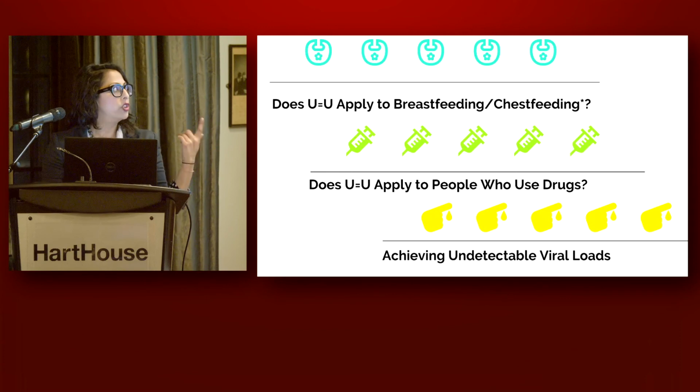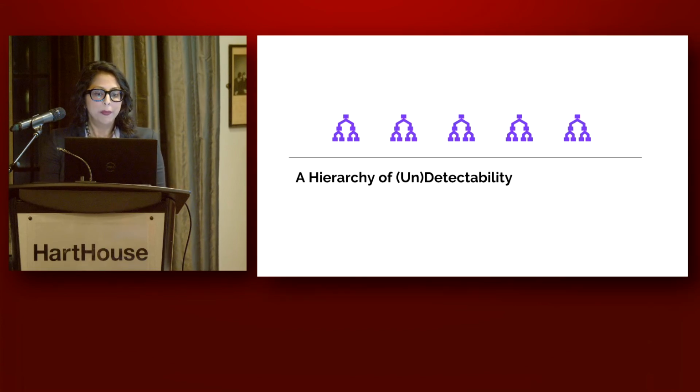And then the part that I've alluded to already, which is that not everybody is able to achieve undetectable viral loads. For example, we've already heard about women and some differential outcomes in terms of time of diagnosis, right, from time of infection. Women are also less likely to achieve undetectability because of poverty, housing insecurity, violence, immigration status, racism, food insecurity. And then there's also, again, this is from the same campaign, the very real risk that this creates a hierarchy of undetectability, right?